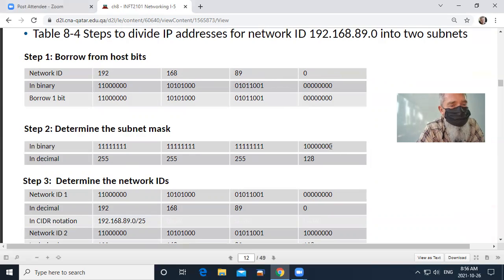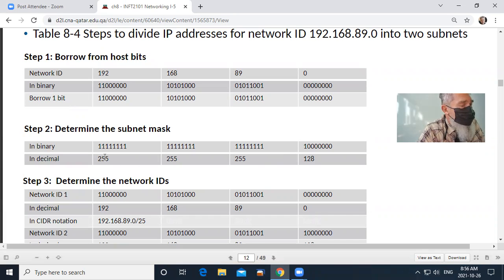If there was a 1 there instead of a 0, then the 1 at the last position would be 1, at the next position 2, then 4, then 8, 16, 32, 64. So a 1 at this position is the number 128. That's where the 128 comes from.